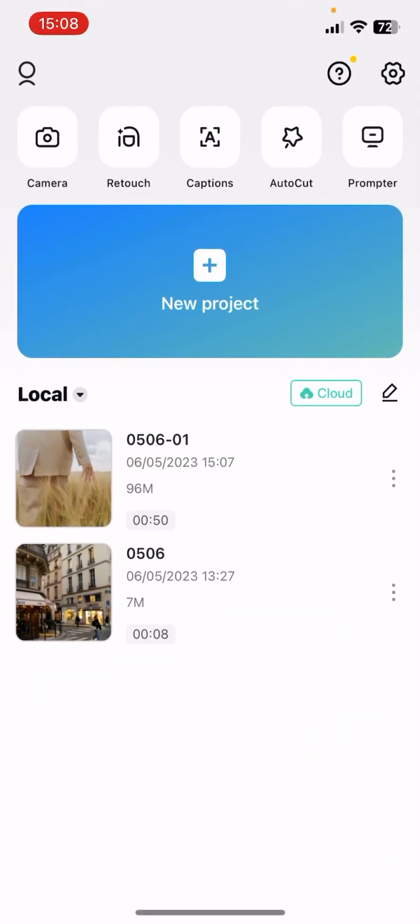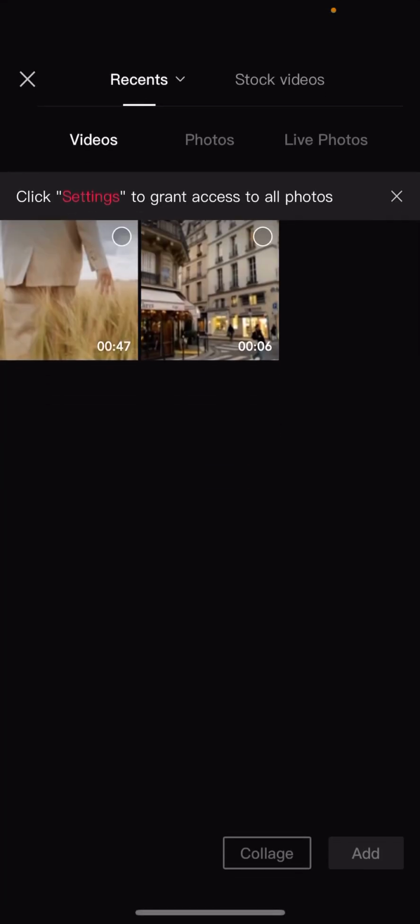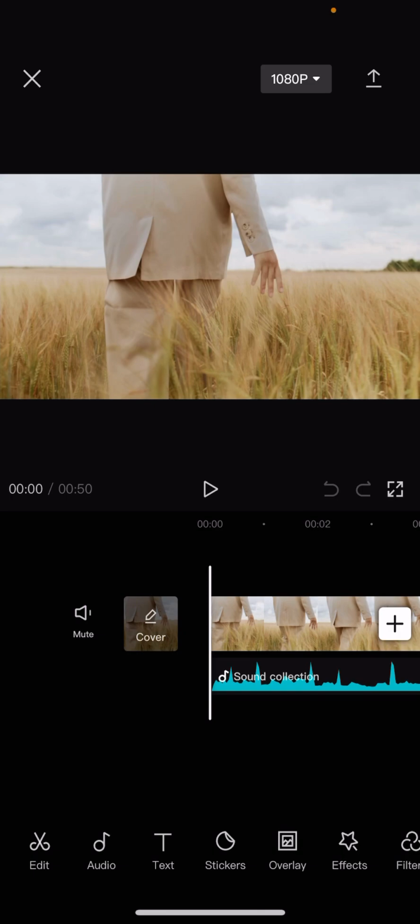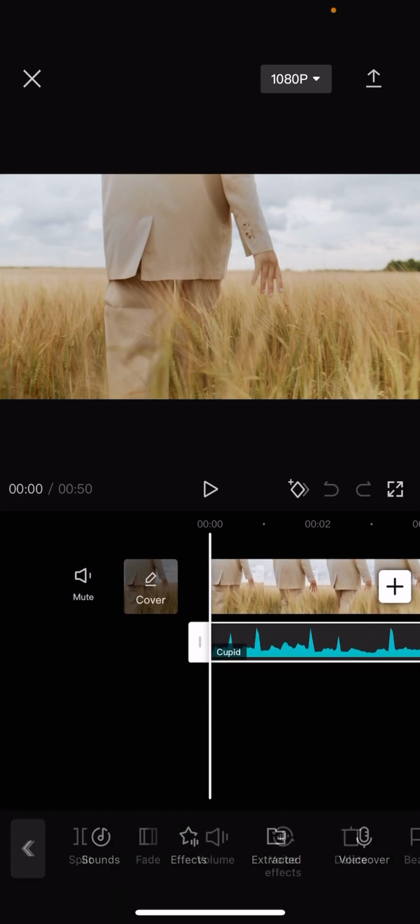First, open the app. Now you have to select one of your projects, or if you want to start a new one, click on that plus icon, and now you have to select from your gallery one of your videos that you would like to edit. I'm going to use this one, and now you can see that I have a sound added under my video,